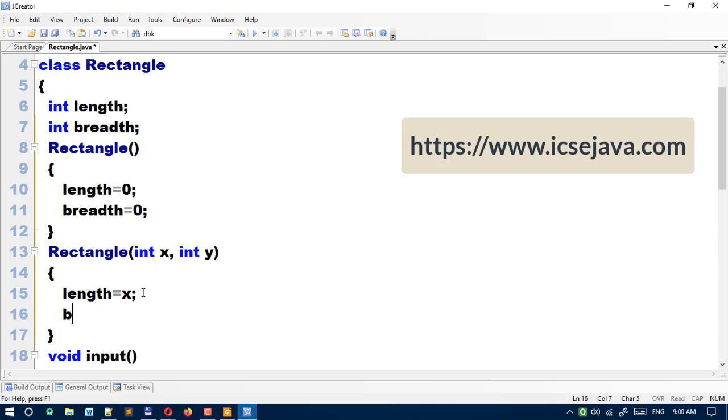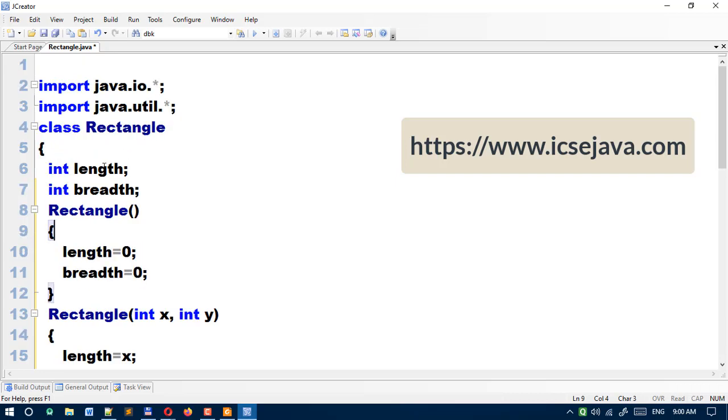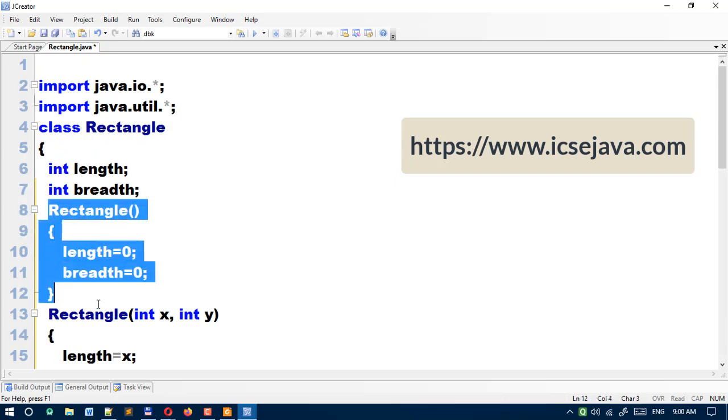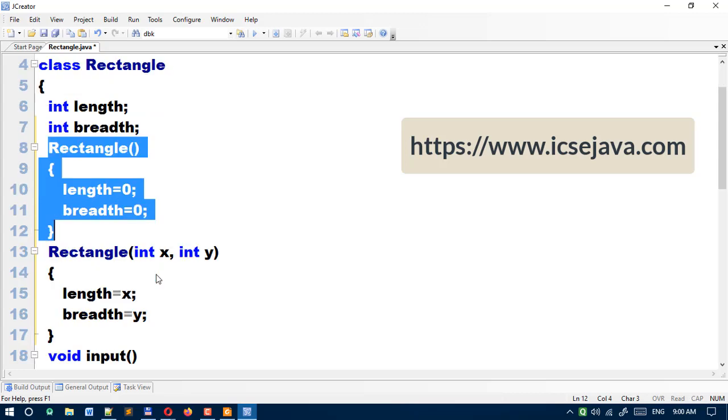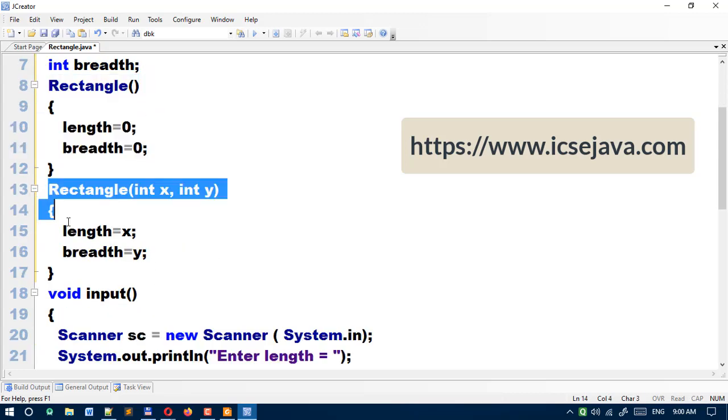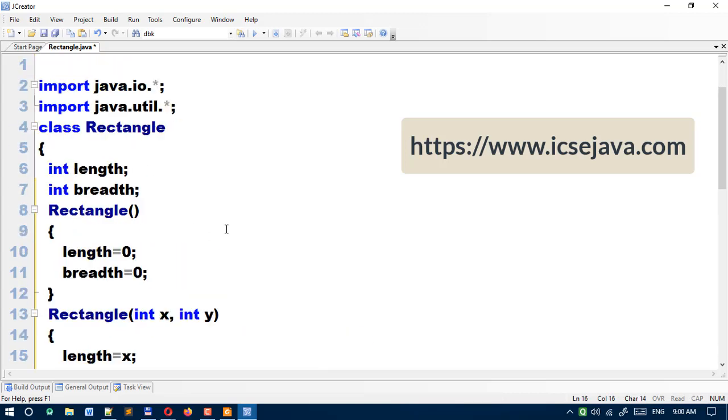Then again breadth equal to y. So you can see two types of constructor we have defined. The first one is the default constructor, and the second constructor we have defined here is the parameterized constructor.